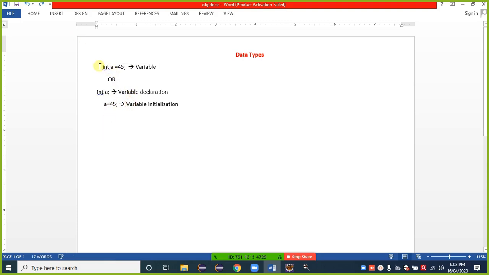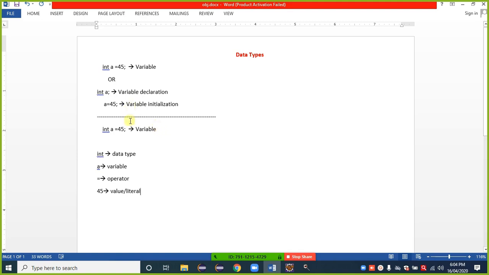So what is the meaning of each term? Again, copy here, paste. What is the meaning of these? int: what is int? int is a data type. Then small a is called a variable. The equal to sign is known as an operator, and that 45 is called a value or literal, both are similar.